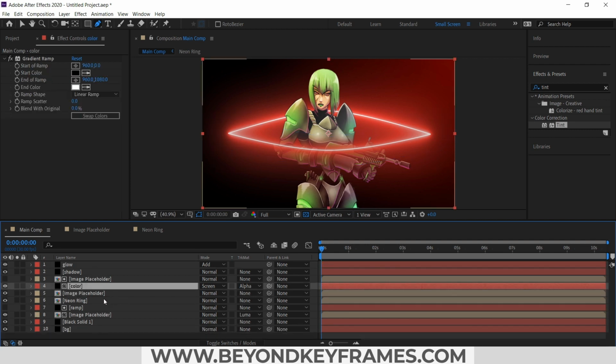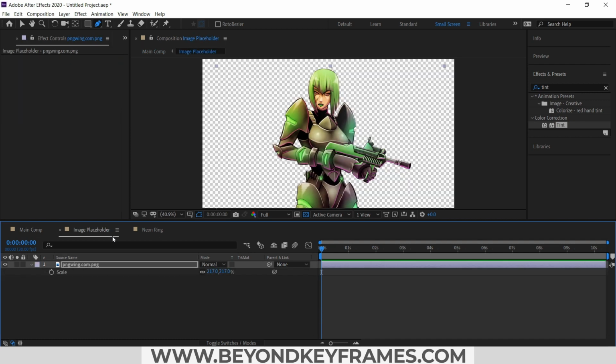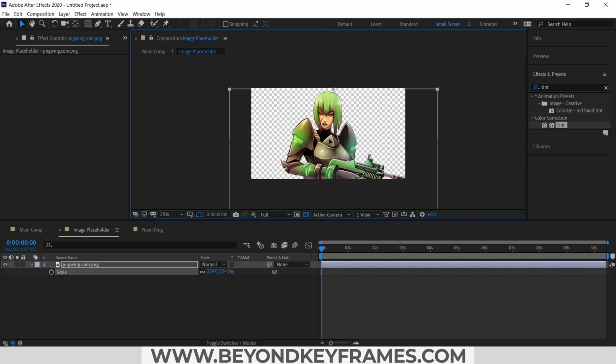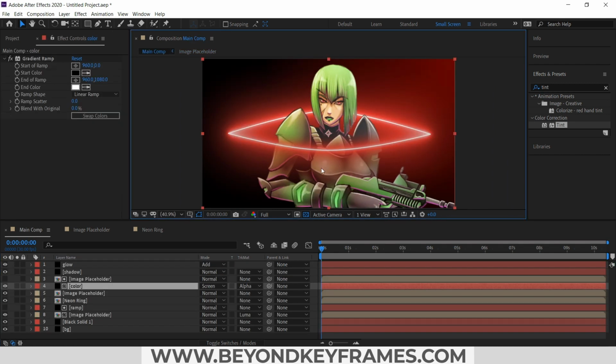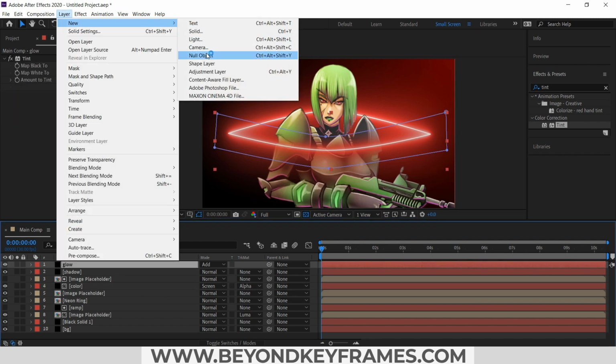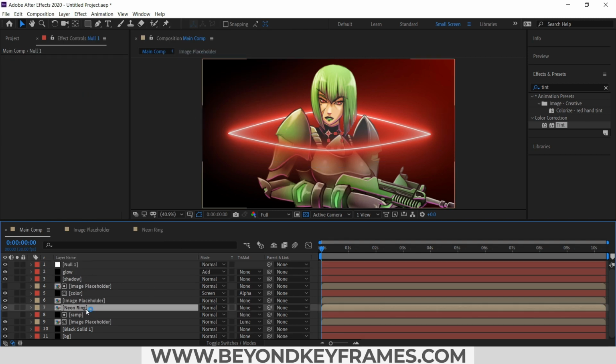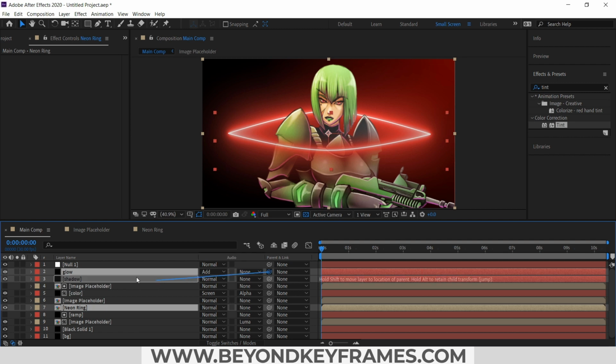So now our layers are complete and now I need to animate this ring and the mask, but before that I will increase the size of this character because the ring is a bit big compared to this character. So now you can see the image is in proportion with this neon ring. For animating the ring, I will create a new null and I will parent this neon ring, shadow and glow to that null,